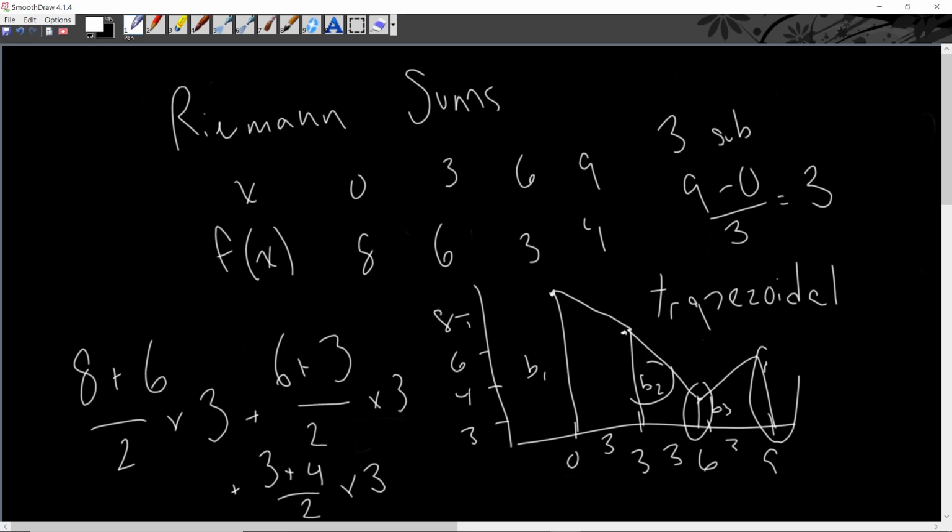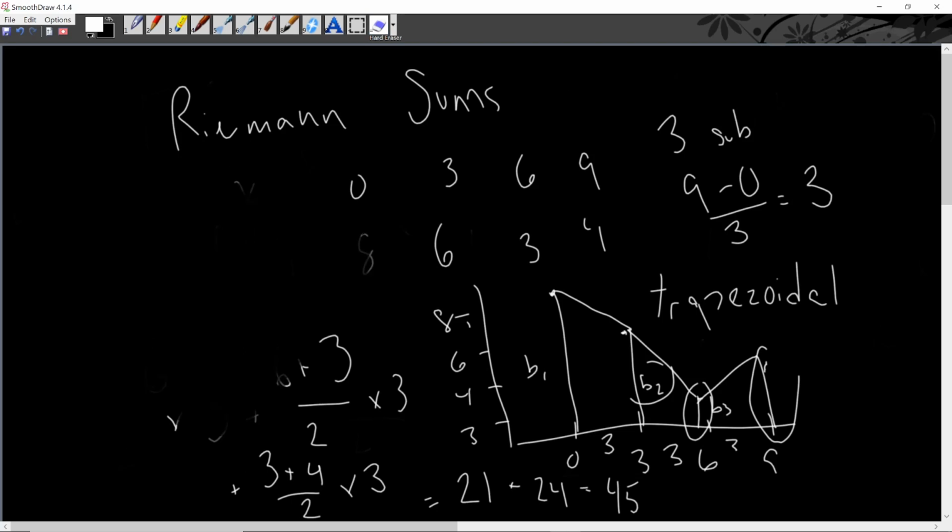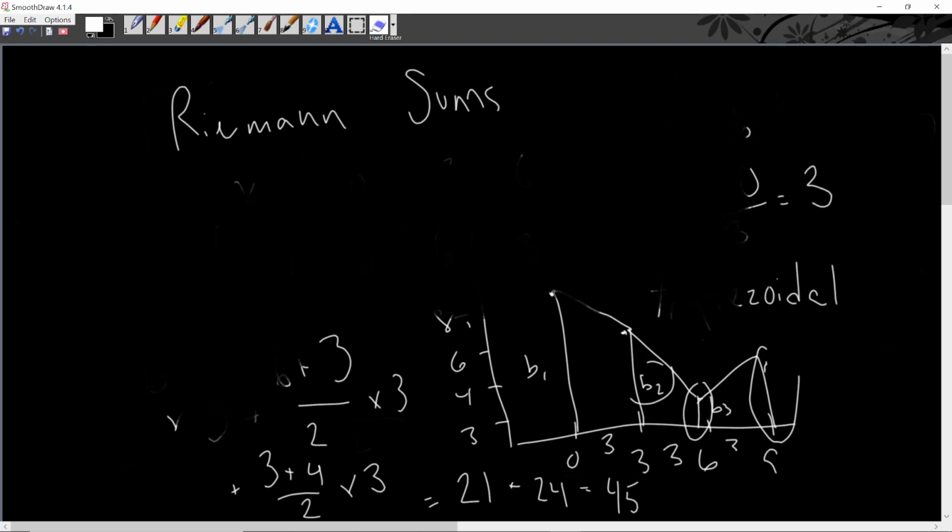Should probably write this out. We have 14 over 2, 7 times 3, 21, plus 9 over 2 times 3, which we said was 27 over 2, and then 7 over 2 times 3, which is 21 over 2, so 21 plus 27 is 48 over 2, which we said would be 24. So this is going to be 45. And let's put that in. Yep, we're correct. So yeah, that was trapezoidal sums, formal definition of the integral, midpoint sums, left, right, Riemann sums,